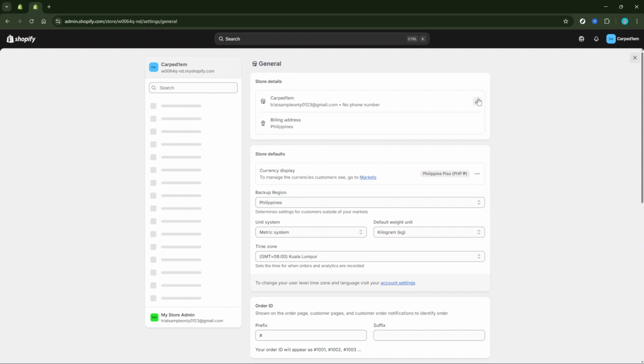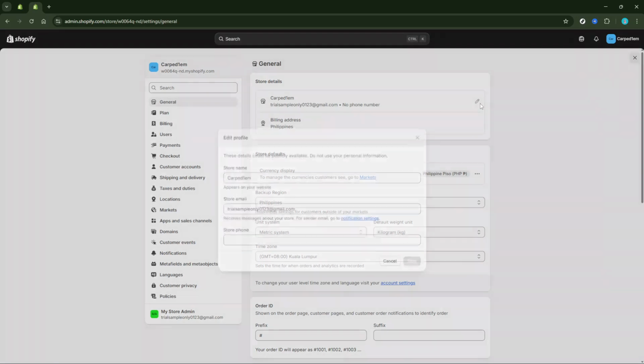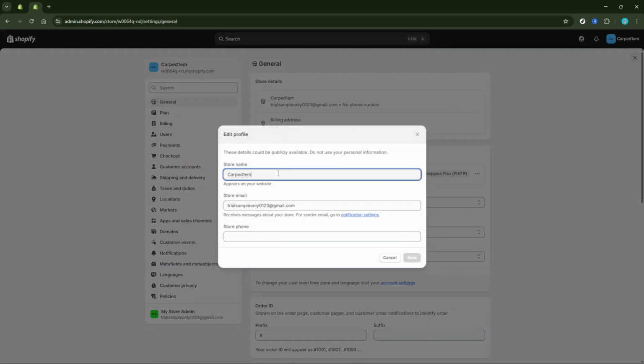This is the part where you will make your changes. Here, you'll be able to update your store name. Click on the field where your current store name is listed, and simply type in the new name you've chosen for your store. It's crucial to make sure this new name accurately reflects your brand's identity and the message you want to convey to your customers, as it's often the first impression potential clients will receive.